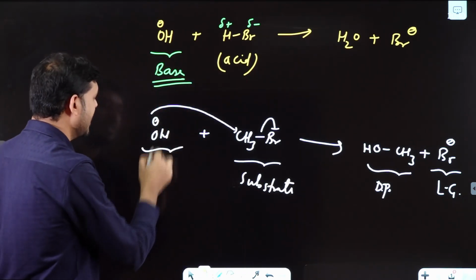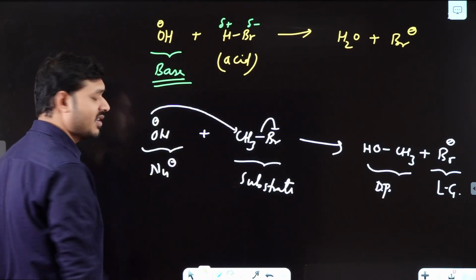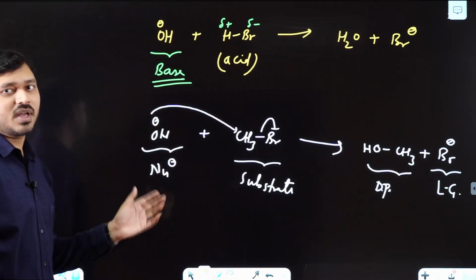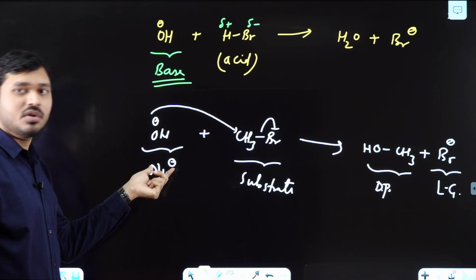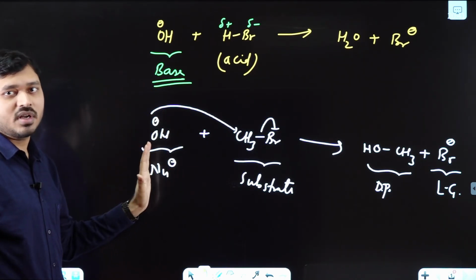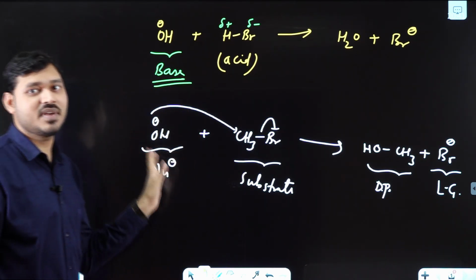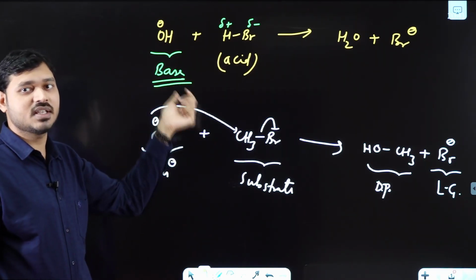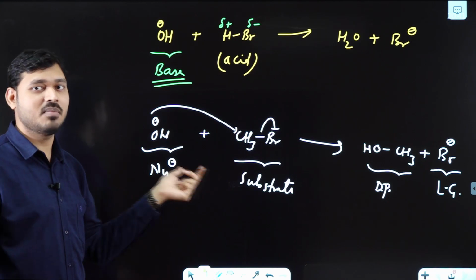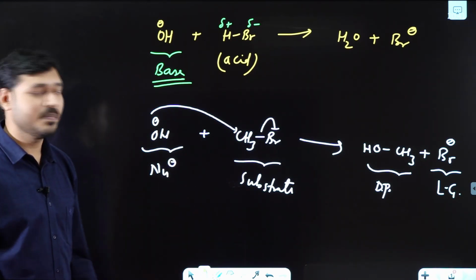But here it is not a base, it is your nucleophile. See, from this example you can understand that OH minus can act as a base or as a nucleophile. So it depends upon what? It depends upon the electrophile with which it interacts. If it is H plus, it will be a base. If it is any electrophile other than H plus, it will be a nucleophile. Clear to you all? Now,